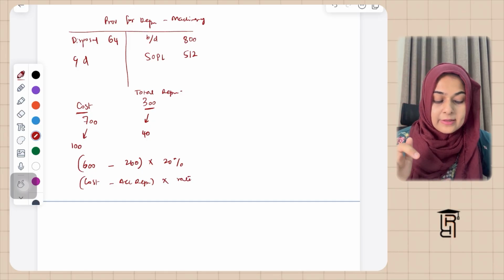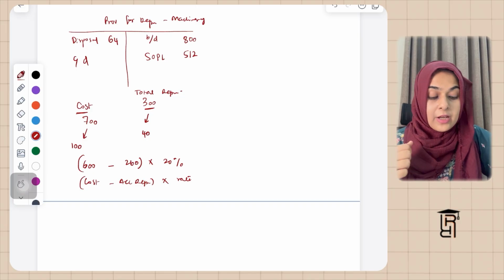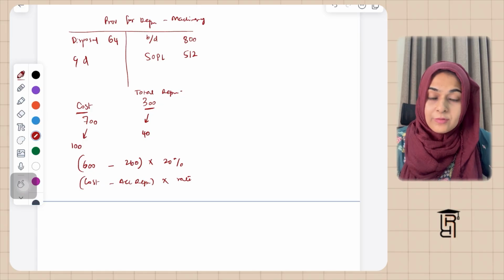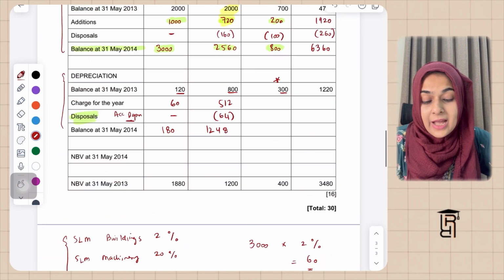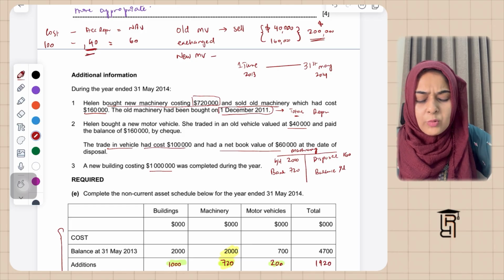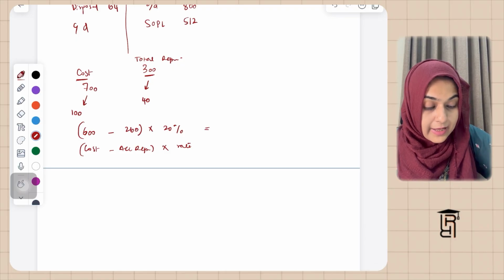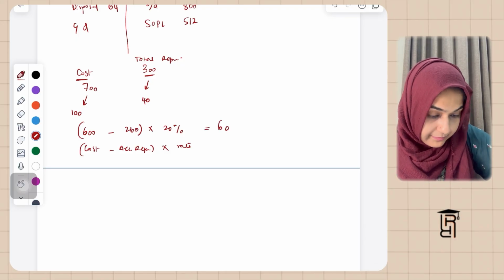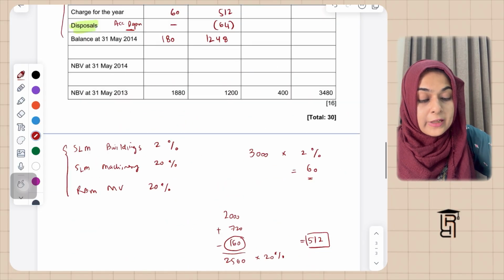So cost of remaining assets 600, accumulated depreciation of the remaining assets 260 multiplied by 20%। क्योंकि देखिए जो नॉन करंट एसेट हमने डिस्पोज ऑफ कर दिया उस पर हम डेप्रिसिएशन नहीं चार्ज कर सकते इन द ईयर ऑफ डिस्पोजल, तो इसीलिए मैंने कॉस्ट से कॉस्ट रिमूव किए और अक्यूमुलेटेड डेप्रिसिएशन से अक्यूमुलेटेड डेप्रिसिएशन रिमूव किए उस नॉन करंट एसेट की जो हमने बेच दिया है। यहाँ पे हमने डिस्कस किया था कि accumulated depreciation of that non-current asset which we have sold was $40। सही है, तो ये हमने डिस्कस किया था। सो दैट मीन्स इसका आंसर आएगा 68 डॉलर्स होगी चार्ज ऑन द ओल्ड मोटर व्हीकल्स एंड ऑन द न्यू मोटर व्हीकल।